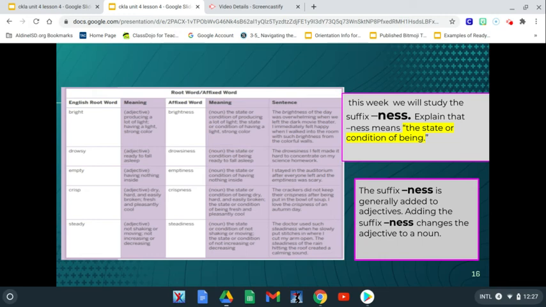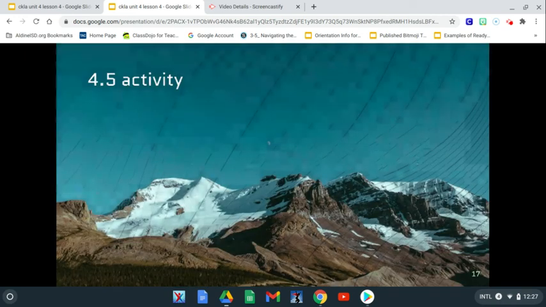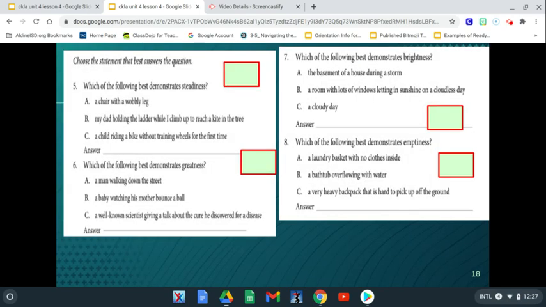So now we're continuing to review our root words that we talked about a couple of days ago, and how adding this suffix to root words like bright, drowsy, empty, crisp, and steady will give us words like brightness, drowsiness, emptiness, crispness, and steadiness. The suffix ness means the state or condition of being, right? It's generally added to adjectives, and it changes those adjectives to a noun. So now it goes from describing something to actually being a thing, right? Boys and girls, adjective to a noun. So we're going to look at that as we look at our lesson